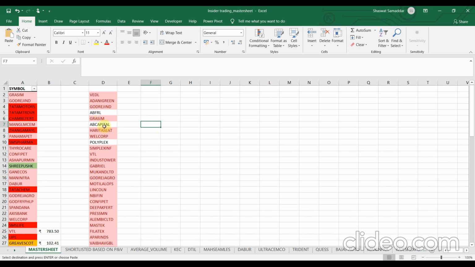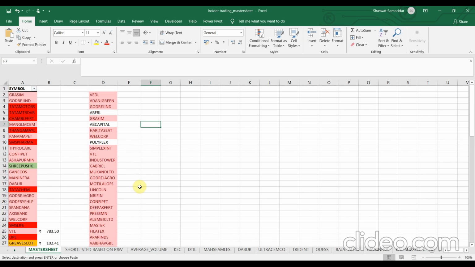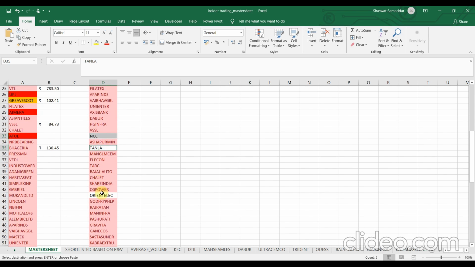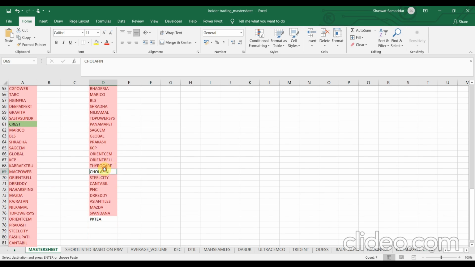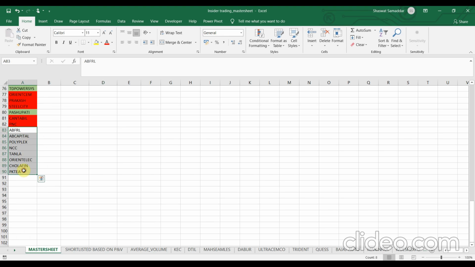So as you can see, there are only 3, 4, 5, 6, and around 8 stocks for which I have not done the analysis. So these are the new stocks which fulfill the previous filters which we applied on the last Excel sheet. Okay, so let me just copy these white boxes quickly, and then we will start doing our analysis. So I'll copy them down and I'll paste them right here. Okay, so once we are done with that, let's just delete. We don't need this anymore. Okay, so these 8 or 9 stocks will be the stocks for which I will be doing the analysis today.